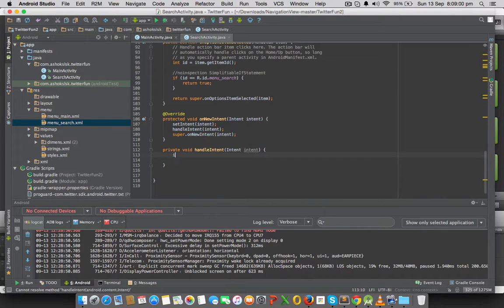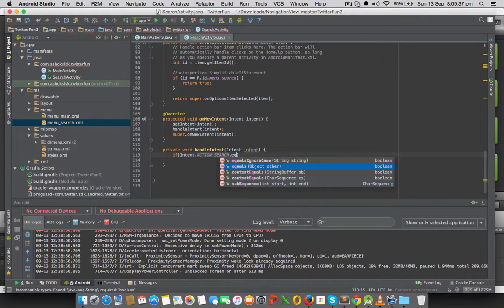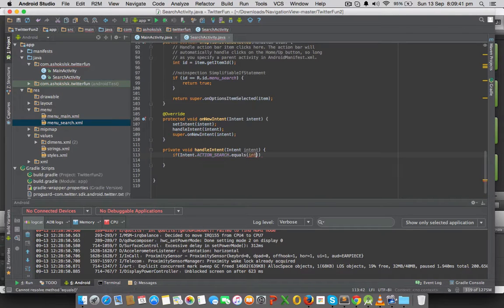So then if intent dot action search dot equals intent dot get action, then